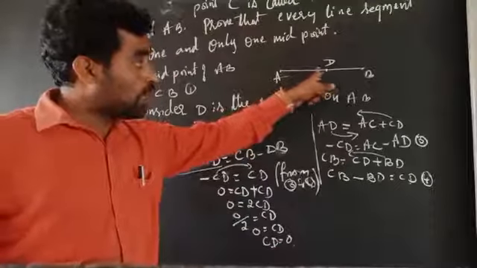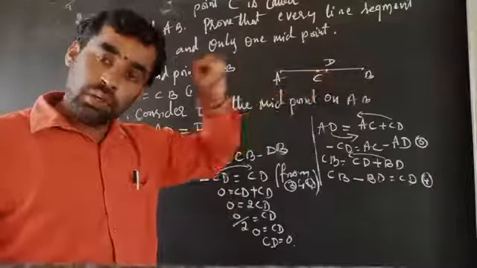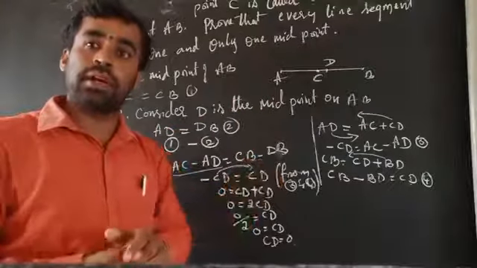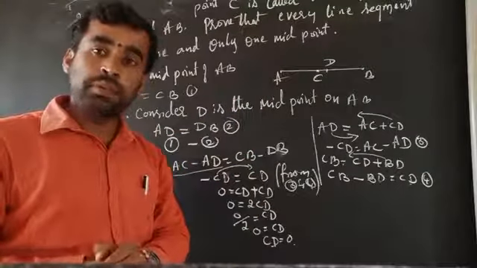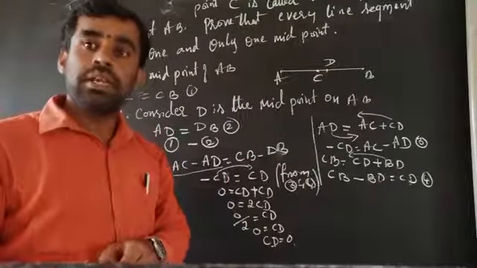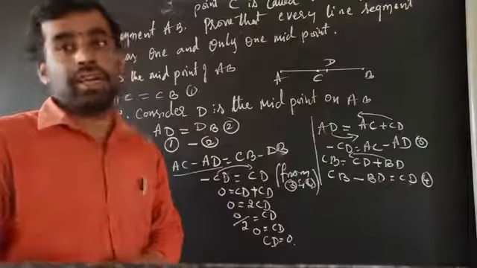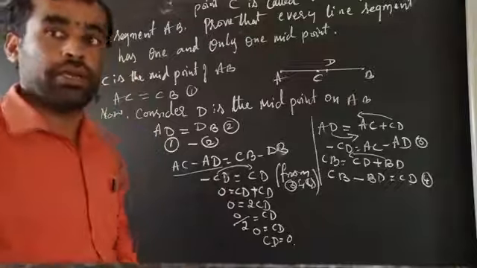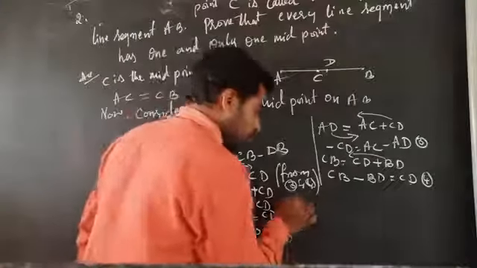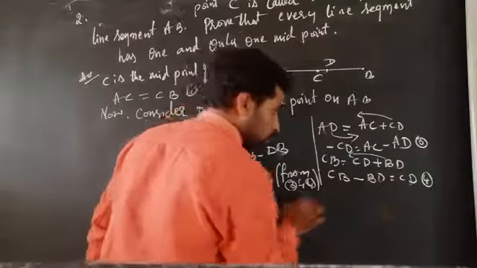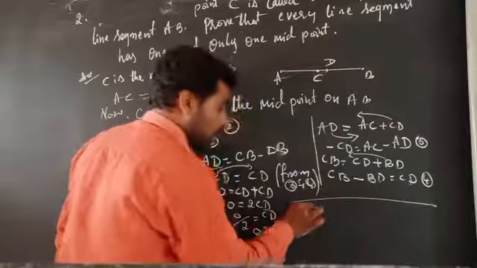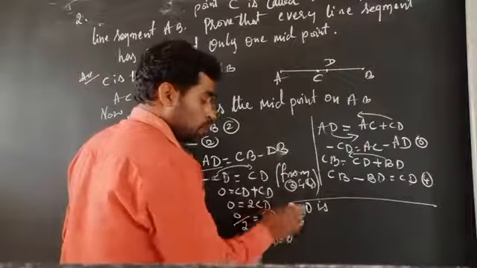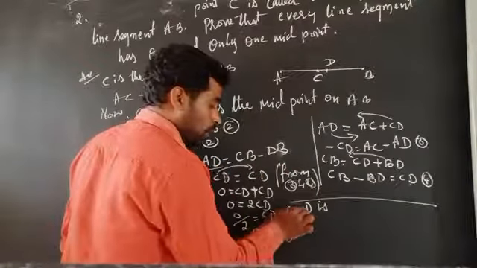Therefore, the length of C and D is equal to 0 units, what can we consider? So, the distance between C and D is 0. That is, C and D coincide. Every line segment has only one midpoint. So, here I conclude that, yes friends, C and D